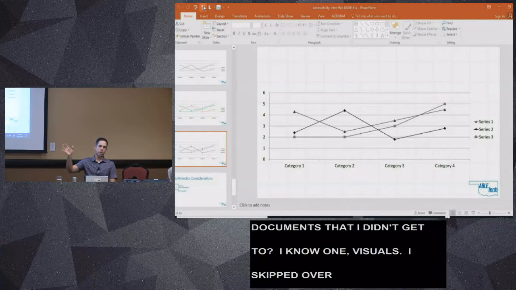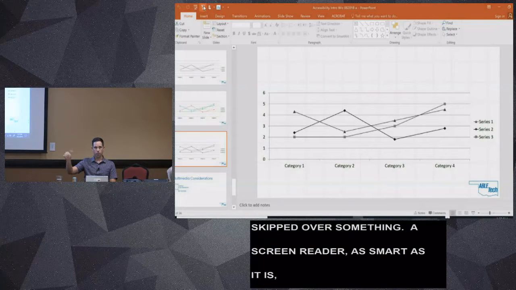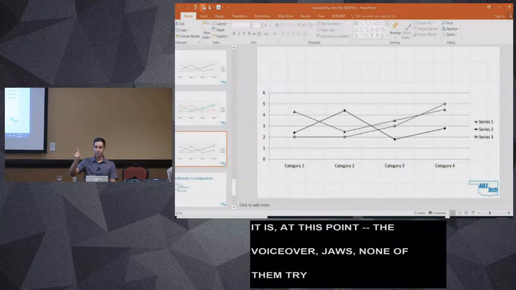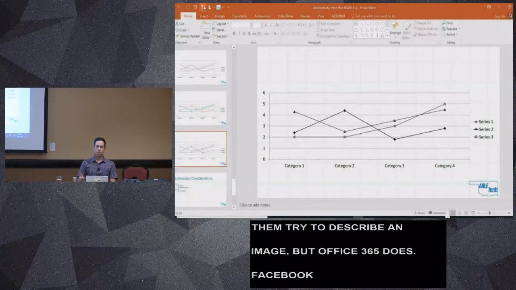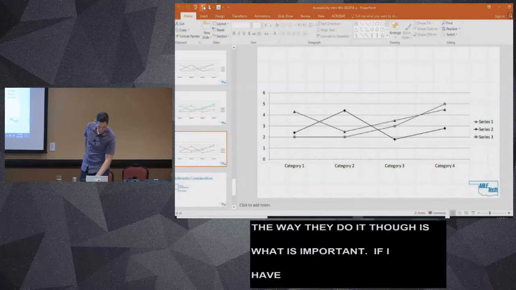So a screen reader, as smart as it is, at this point at least, none of them, VoiceOver, NVDA, JAWS, try to describe an image. But Office 365 does. Facebook, I believe, does. The way that they do it, though, is what's important. So if I have an image, which I do,